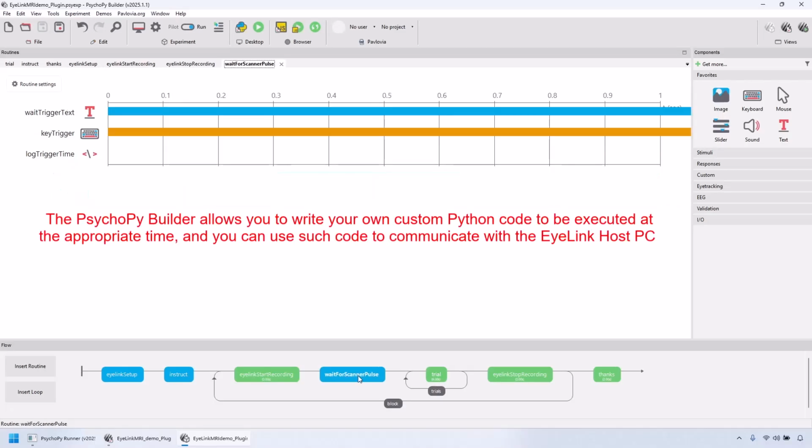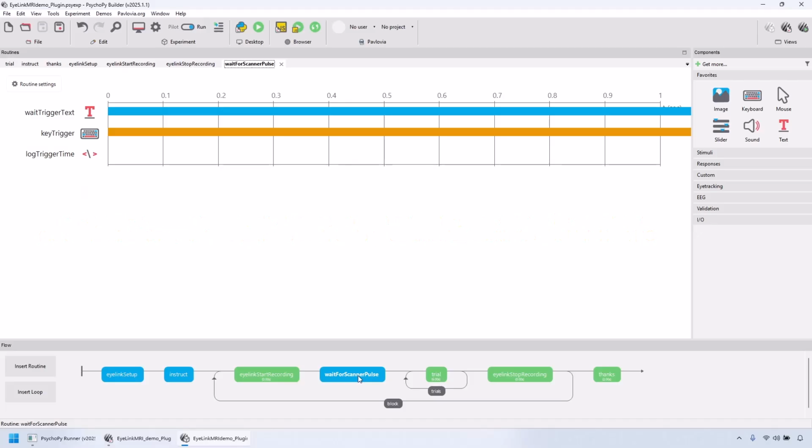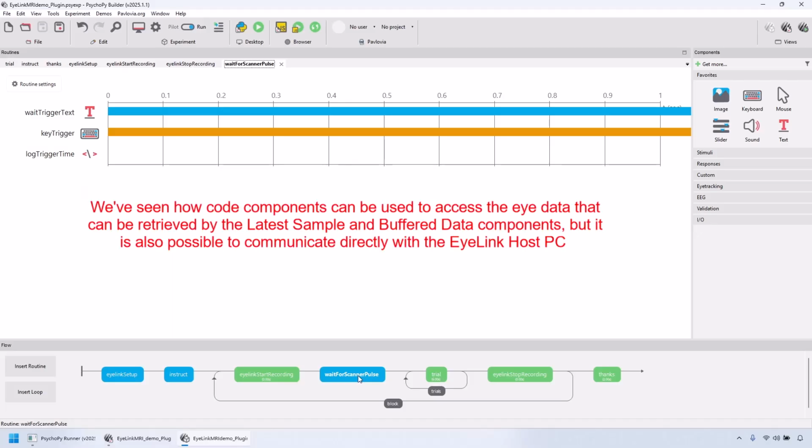One of the nice things about the PsychoPy builder is that it also allows you to write your own custom Python code to be executed by your experiment at the appropriate time. We've talked a little bit about how to use code components to access eye data that can be retrieved via the latest sample and buffer data components, but it may sometimes be useful to communicate directly with the host PC